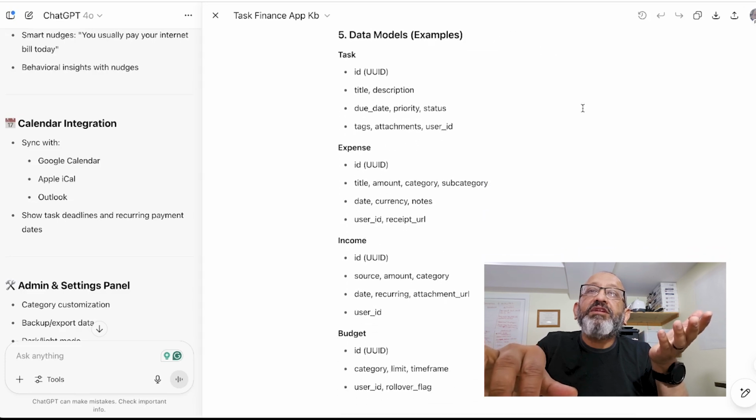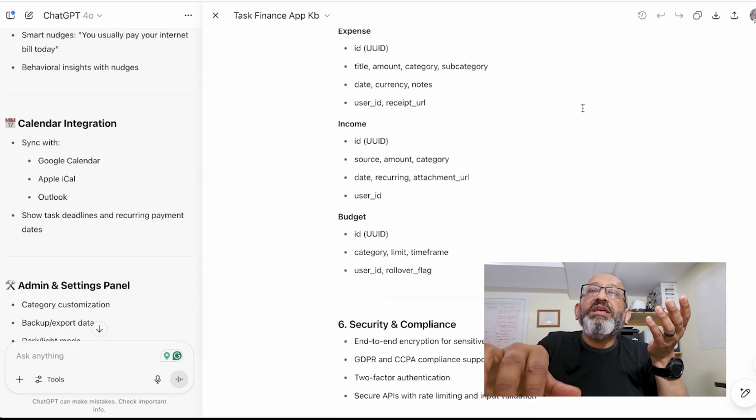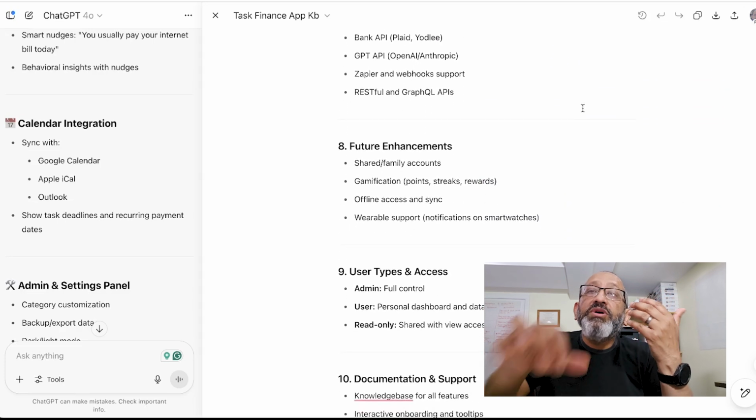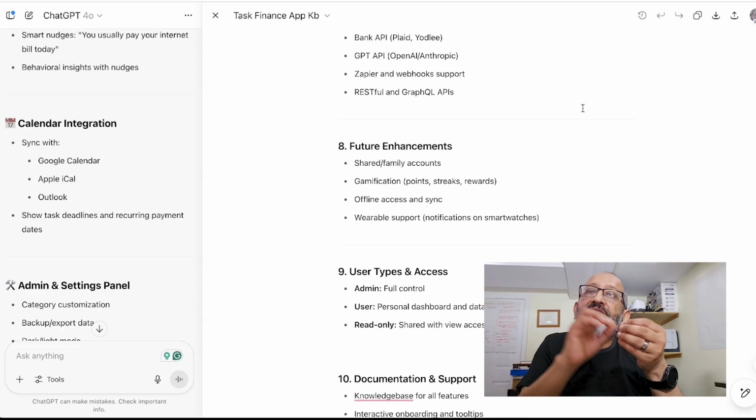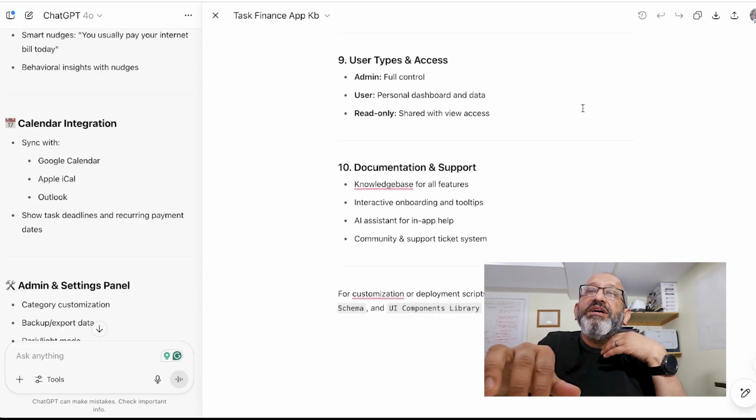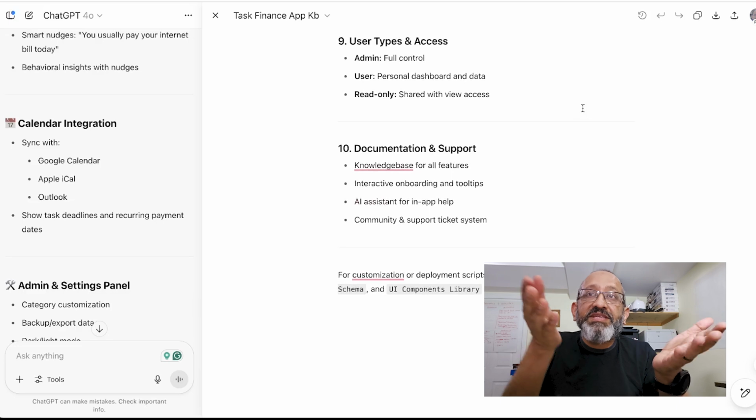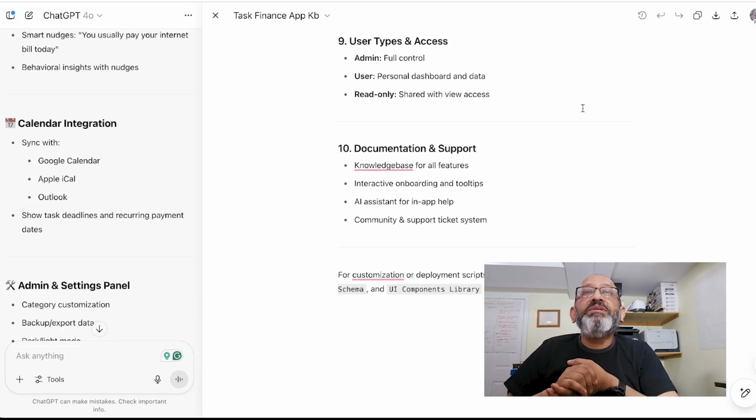Again, I have the technical components, there are some data modeling. I will ask this to do every single piece. I don't want any of those things to be missed. Basically, this is a really fantastic job. If I can build this one, it would make my life so easy.